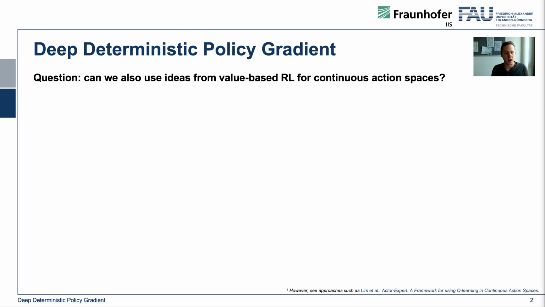We actually ended our value-based reinforcement learning videos with DQNs, where we then introduced policy gradient methods to actually have continuous action spaces, which was the main limitation until DQNs. And the question is, how can we leverage ideas from value-based reinforcement learning also for continuous action spaces? So it boils down to the question, why can't we use just Q-learning and DQNs for continuous action spaces? And what you might have also guessed is this is not that easily done, because